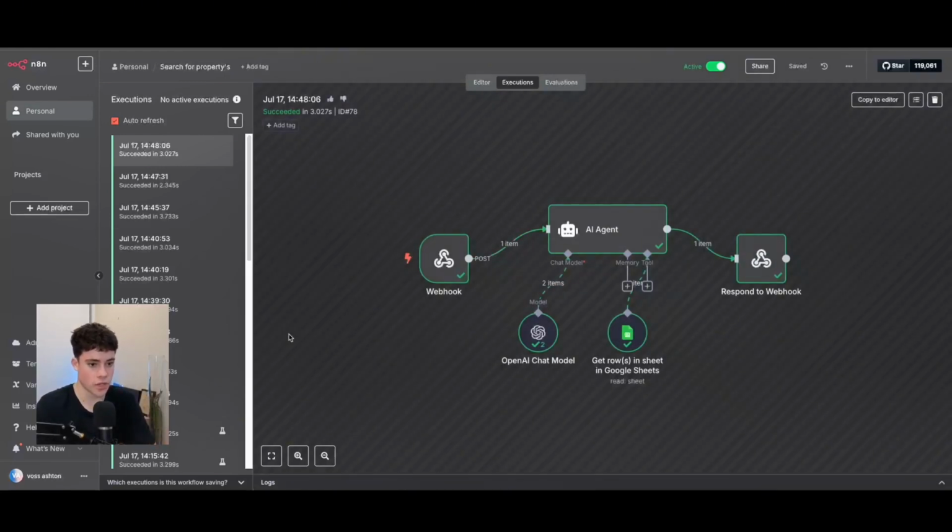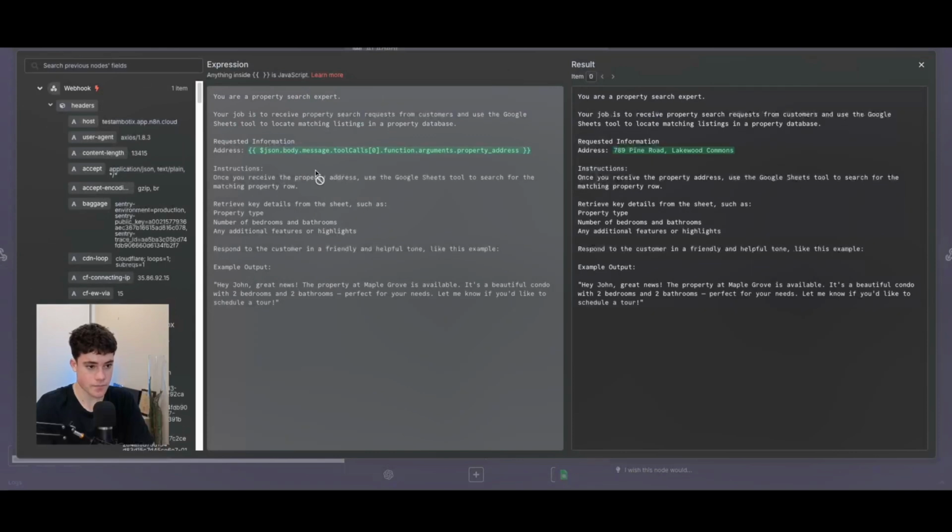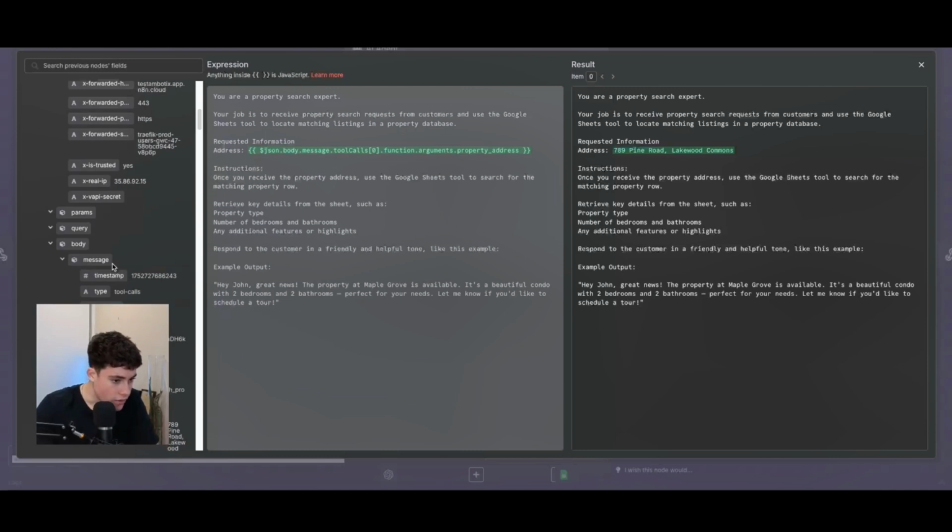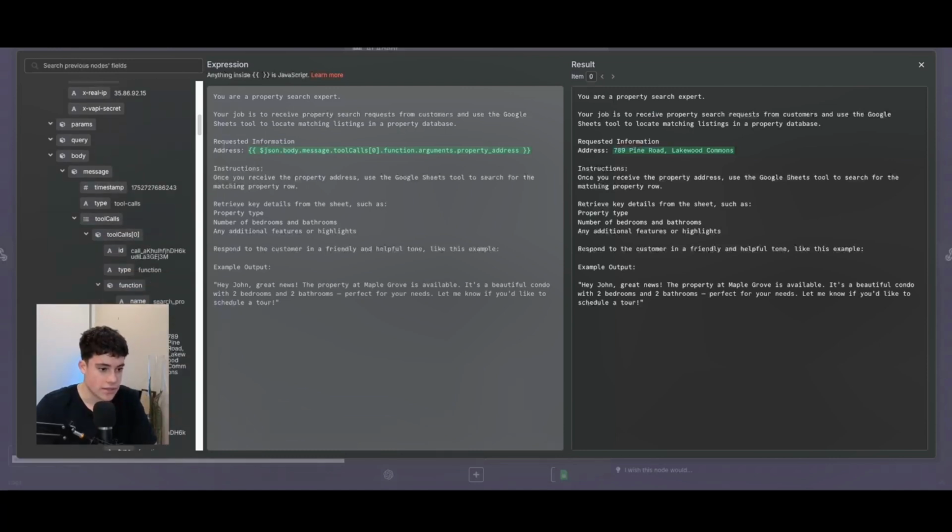So first of all, that information with the property address comes in via webhook, as I mentioned, and then it's going to contact that AI agent. So we can see right here, that is going to be that webhook. Again, we can see this is the webhook right here in N8N. And if we go down to here, we can see that that is that property address inserted inside that AI